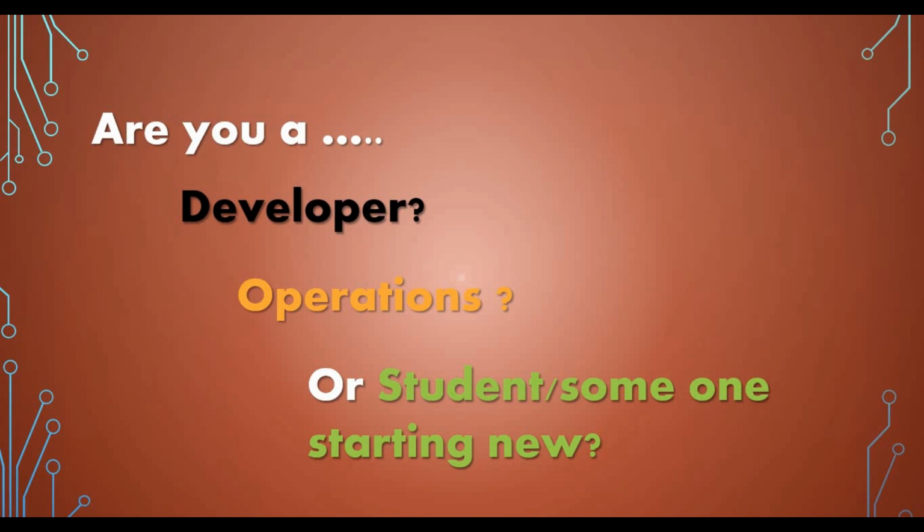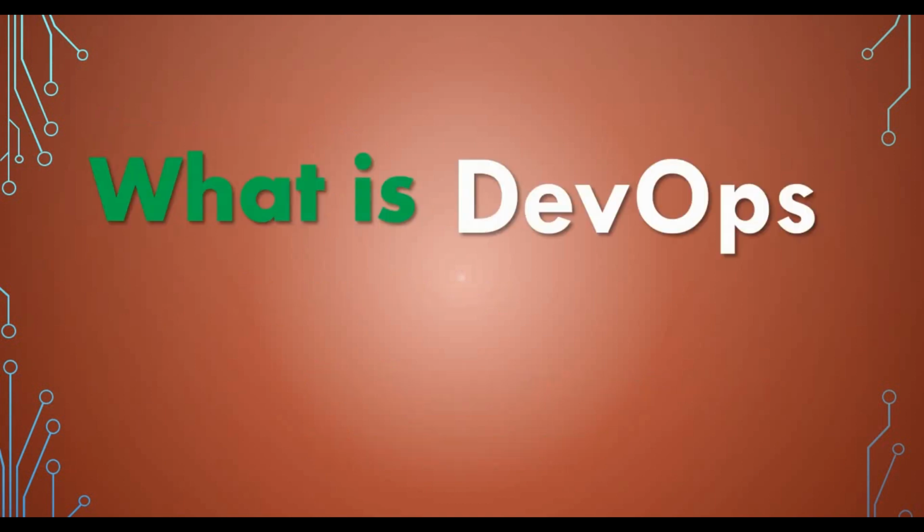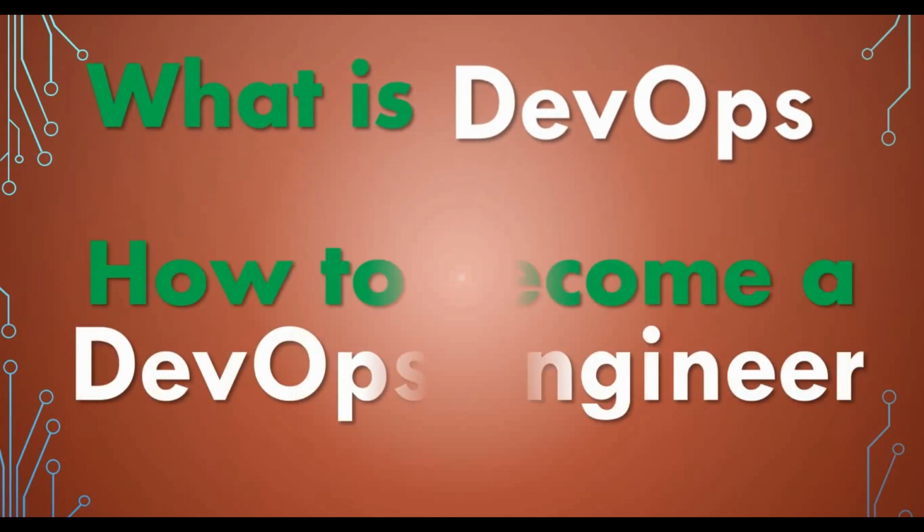It will tell you what content you have to learn and what path you can choose, and you will also get to know what DevOps is from this video, because first of all you need to understand what DevOps is, and by the end of this video you will know how to become a DevOps engineer. So that's the agenda for this video. You should know what DevOps is, and if you want to become a DevOps engineer, this course will tell you what topics or technology skills you need to learn, and how you can reach that goal.